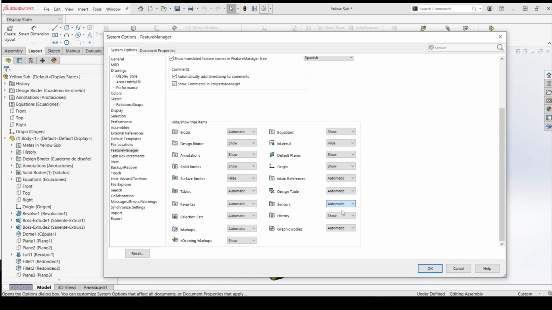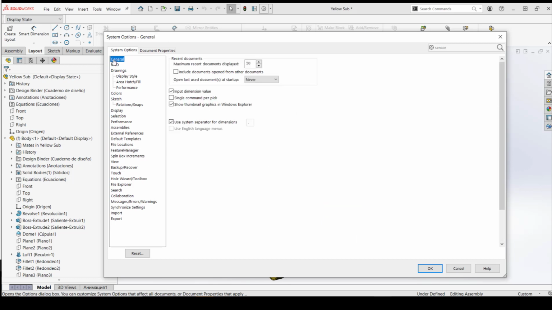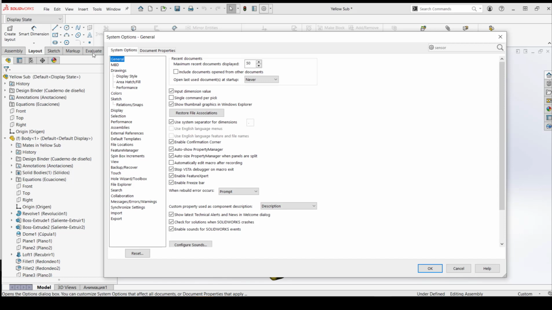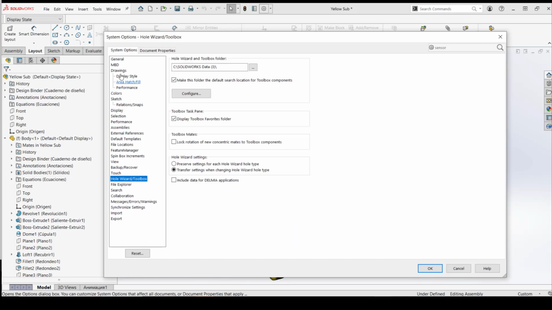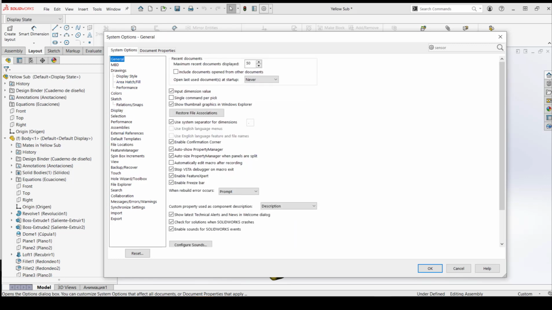So let's go back to general and start working through some of these options. There are a lot of different options that you can choose, and even though this webinar is going to be about 30 to 40 minutes, we will not have time to go through all of these different options. So I will be focusing on the ones that I think are the most interesting or important for you to know. Let's dive in.